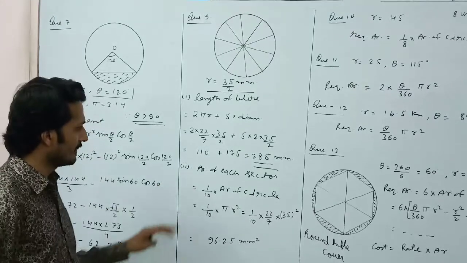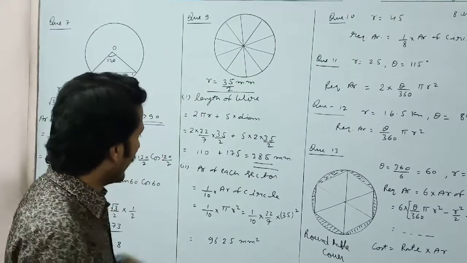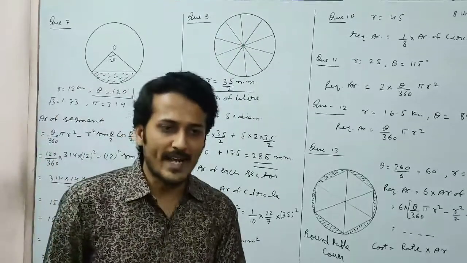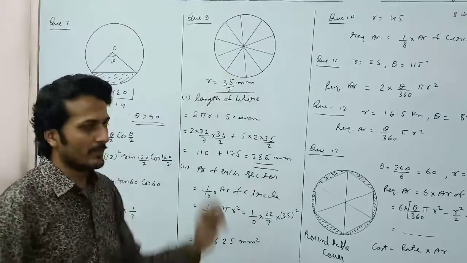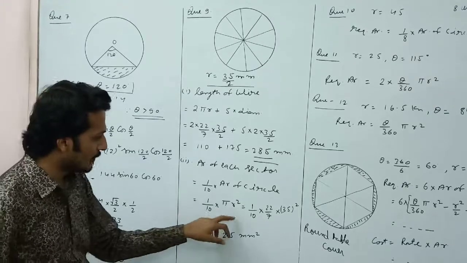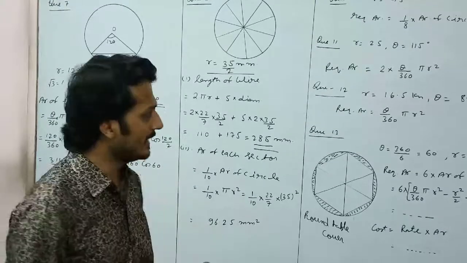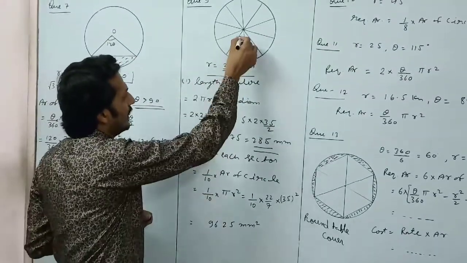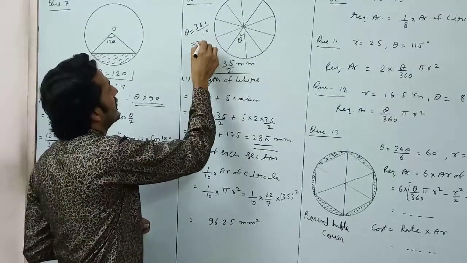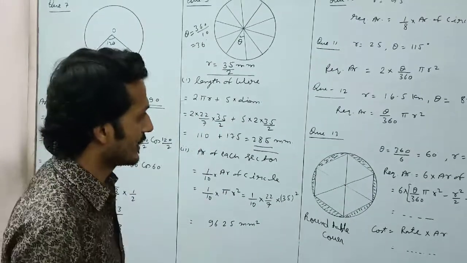Now in the second part it is given that we need the area of each sector. So area of each sector can be found out in two ways. One of the ways is shown here, as the full circle is divided into 10 equal parts. That means the area of each sector will be 1 upon 10 into area of circle, so 1 upon 10 into pi r square. Put the value, then we get 96.25 mm square. The second method is we can find this angle, that will be 360 upon 10, that is 36 degree. Then applying the formula of the area of sector, we can find the same answer.